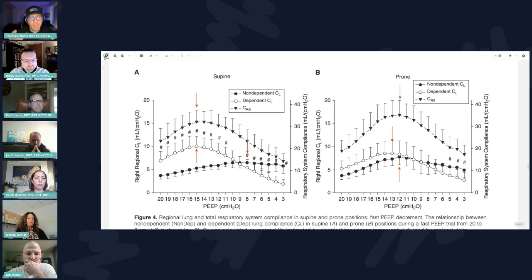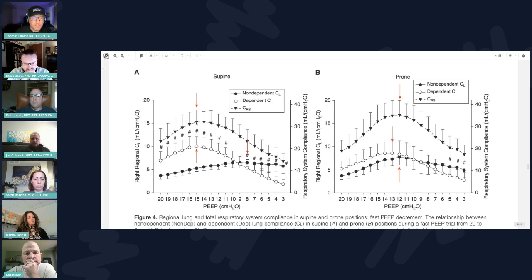And that's even if the compliance or the driving pressure doesn't change much. And this is an animal study. This graph I'm showing here is by Bouchard and Katira. What's interesting is they have the animals in the supine position, and they've put regional sensors in the dependent and non-dependent zones so that they can measure regional transpulmonary pressure, or essentially regional lung compliance, versus the total respiratory system compliance. And what's nicely demonstrated here is that this is respiratory system compliance, and you would assume that the optimal compliance of the lung is a good spot to be, but it's actually regionally different.